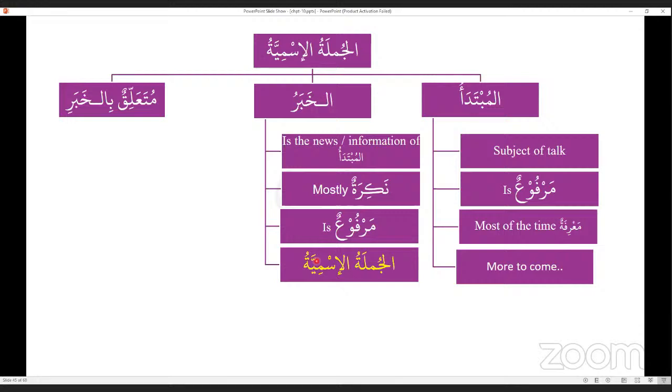If it is a single word, it can be identified that it has dhamma or two dhamma, then straight away you will say that this khabar is marfu. So when the khabar is coming as jumla ismiya, you will say, okay, in this sentence, khabar is jumla ismiya fi mahalli raf'in, in place of rafa. As if this whole jumla ismiya is a container and its status is rafa. Understood, brothers and sisters?